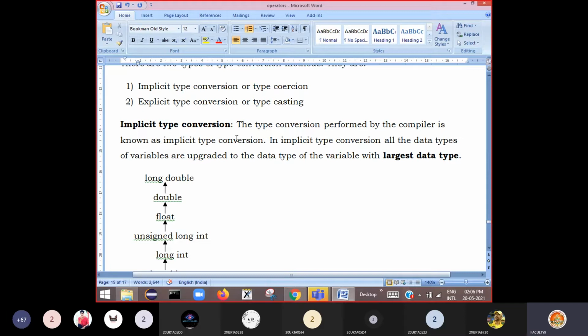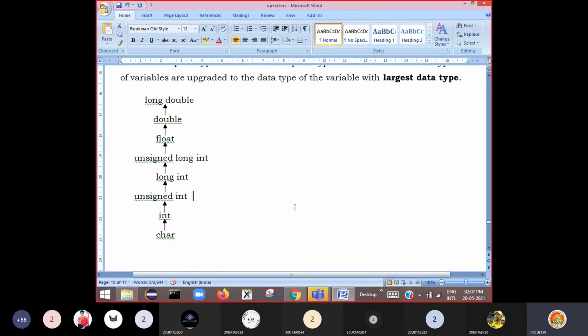How it performs: all data types of variables are upgraded to the data type of the variable with the largest data type. In an expression, if there is a variable with the largest data type, then all other variables will be upgraded to this data type. This is the hierarchy in which the data types are upgraded.